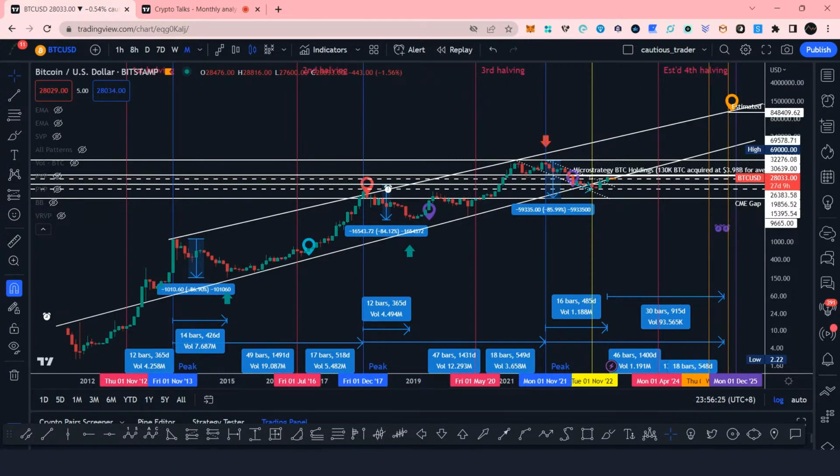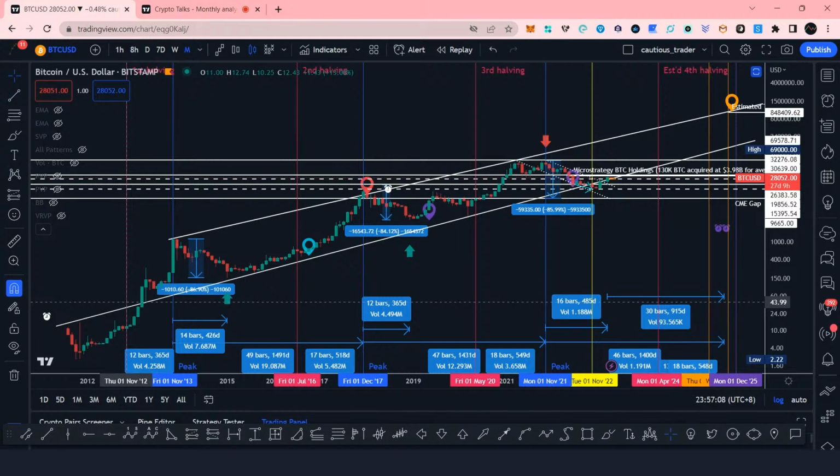So as you can see in my chart or in my screen, this is actually the monthly time frame of BTC using Bitstamp, because this is the longest chart versus the other exchanges. For those who have watched my previous videos, this is still the chart that I've been using since I started streaming. So let me just explain it a bit.